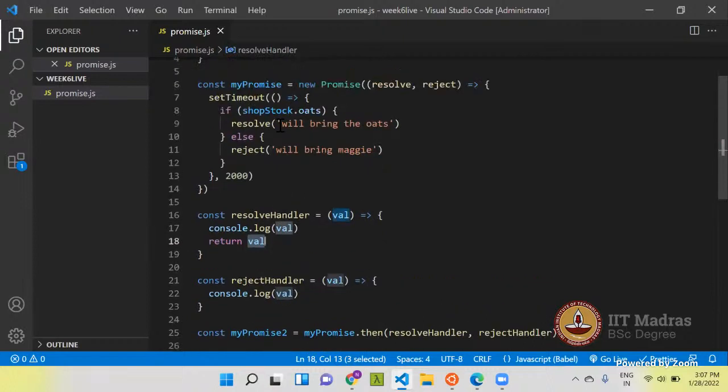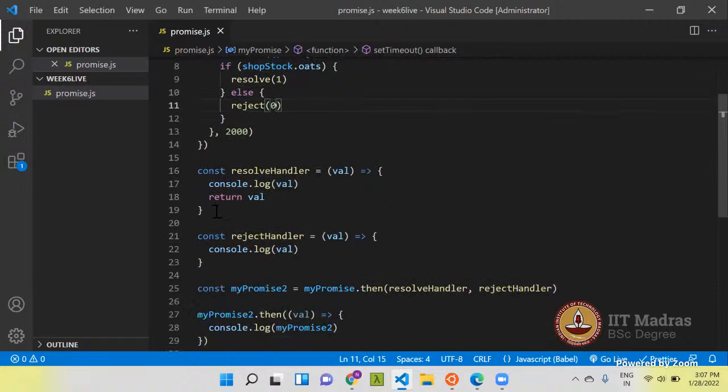So let's do one thing. Let's remove this and write 1 here and write 0 here. Okay, and let's return val plus 1 and see what happens.